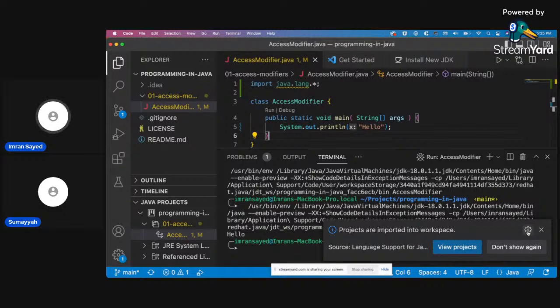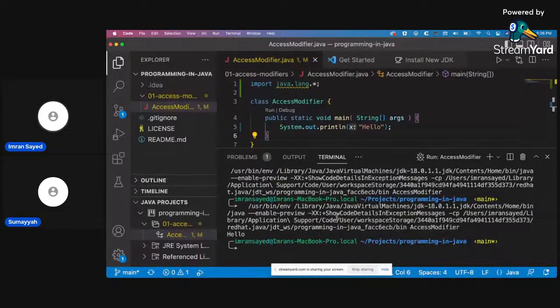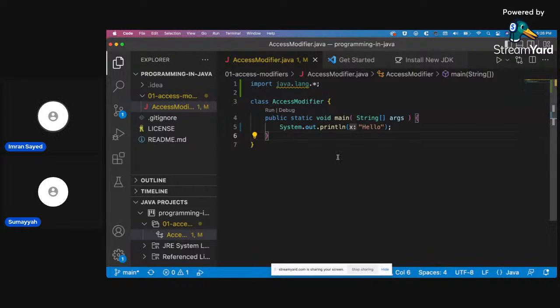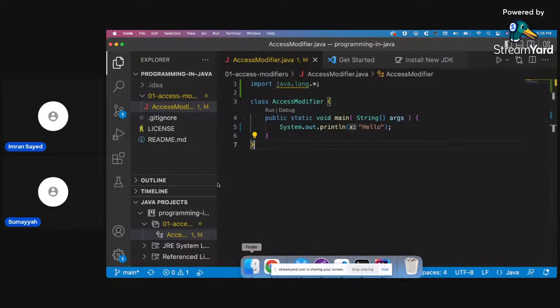Okay, so it's printing hello. That's good. Anyways, don't waste too much time on downloading stuff right now. Let's just do it.